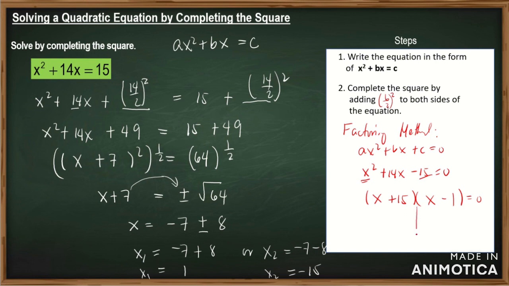And then we apply now the zero product property. x plus 15 equals 0, x minus 1 equals 0. Then we have now transpose positive 15, so we have x is equal to negative 15. Then we have here x is equal to 1. Notice that we arrive at the same answer. So therefore,